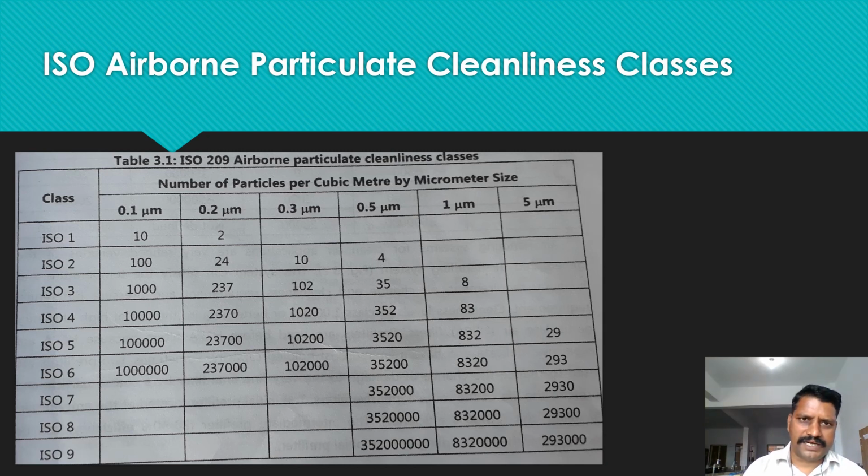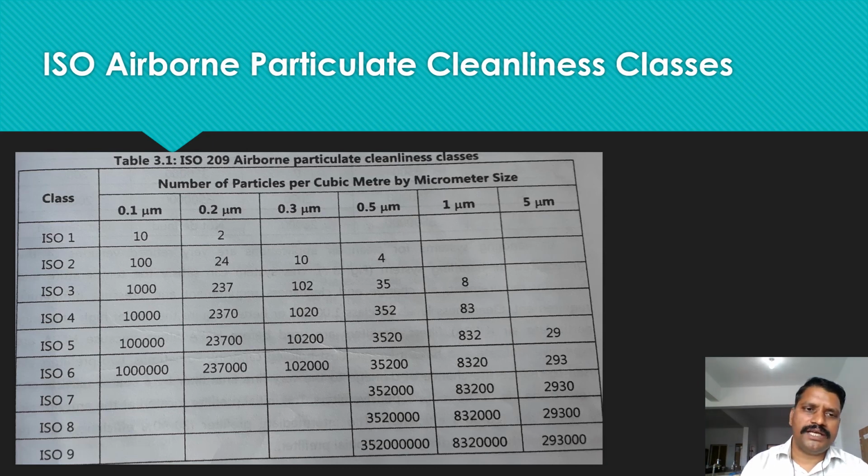Mainly utilized in parenteral industries, the division of this area is based on the type of process activities taking place within it. Filling operation must be conducted in the class 100 area. Remember, the filling operation must be conducted in a class 100 area, and the preparation of solution is normally performed in a class 10,000 area, and general corridors and miscellaneous operations are performed in a class 1 lakh area. So this is about the general clean room classification, which is widely used in the pharmaceutical industry.